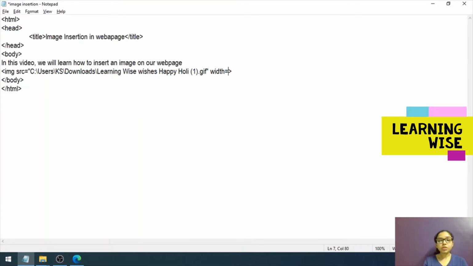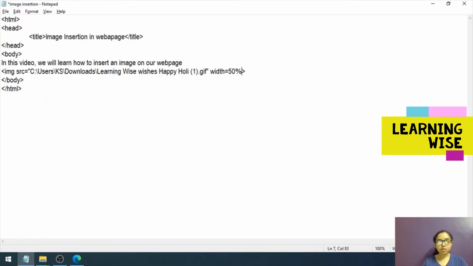Now the width can be mentioned in terms of percentage or in terms of pixel. Let's say I want the size to be 50%. This means the width of the image will be compressed to 50% with respect to your screen size. Put a space.